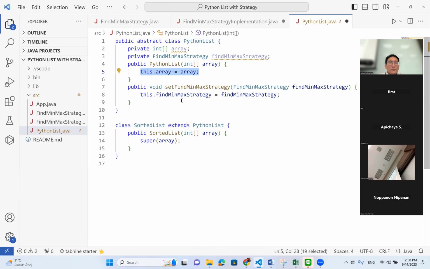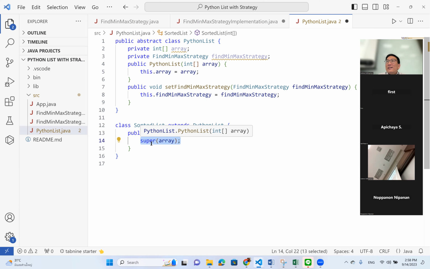So guys, now the question is, you know that this one is sorted list, right? This one is sorted list. So once you set the array here, one thing,